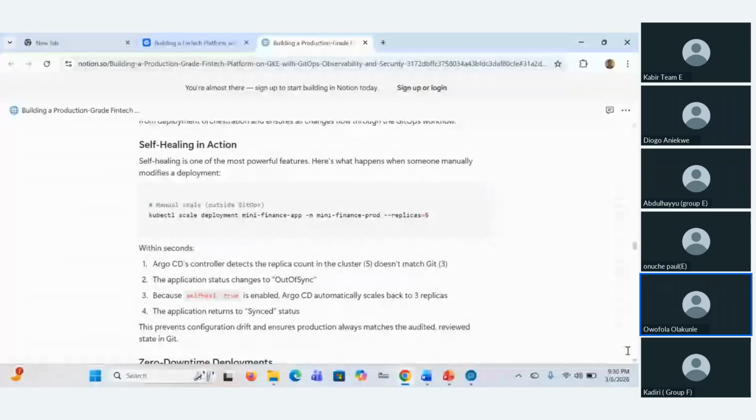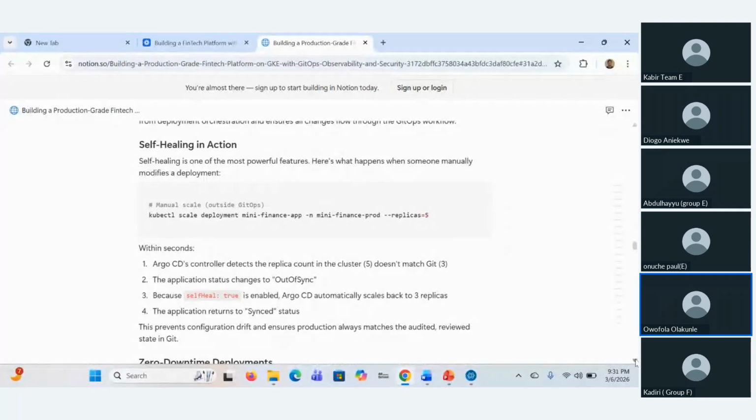Our application has 2 pods, and we manually change it to have 4 pods. With this self-healing action, Argo CD will make sure that what is in our manifest is what is going to be on our cluster.